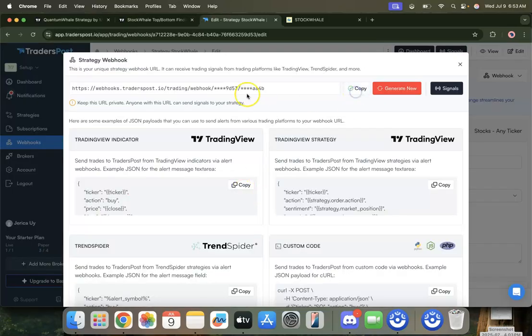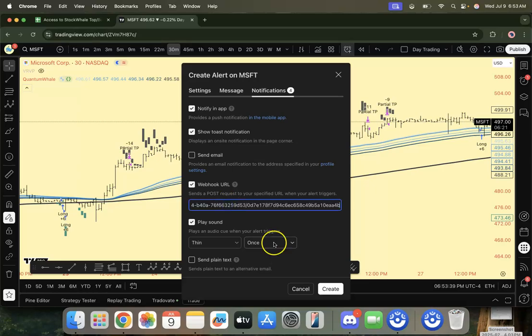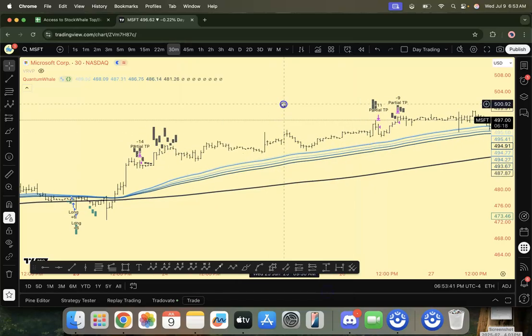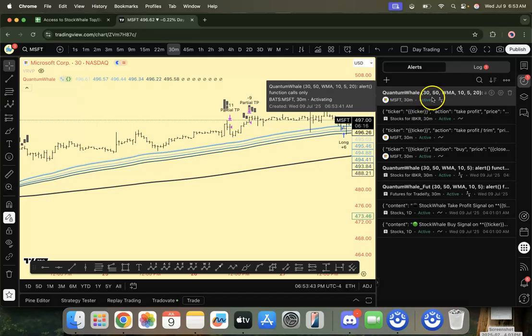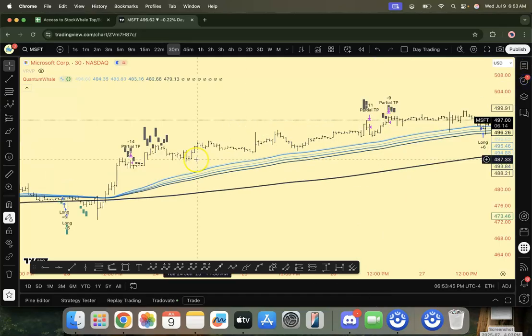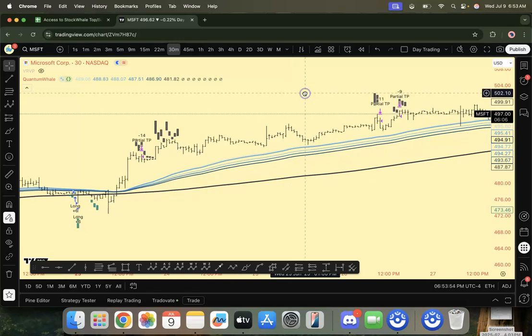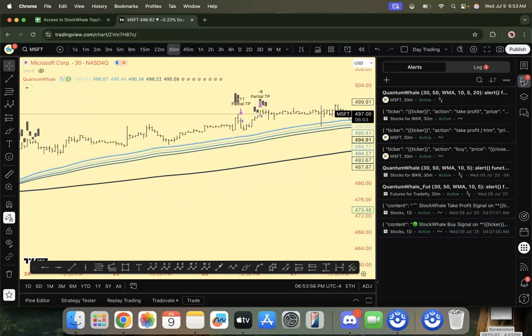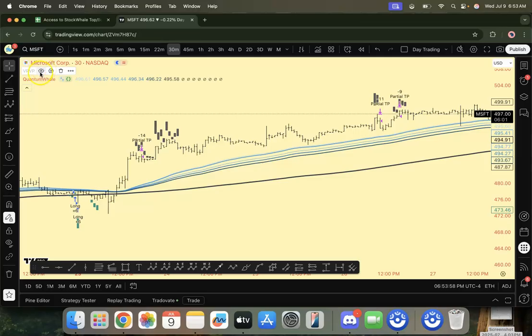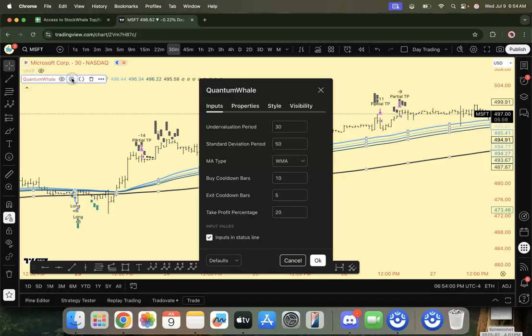Notifications, this is only where you need to put in your strategy webhook. And boom, there you go. So it's going to create the alert now to QuantumWhale. It's going to create the alert every time it's going to long and take profit. Okay, you don't need to create separate alerts for the take profit or for the buy signal. So it's already automatic, and you should be good to go. So how's it sort of configured? Well, if you go to the settings here, you can actually change the take profit percentage